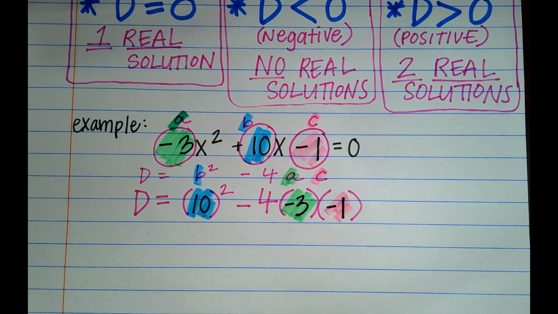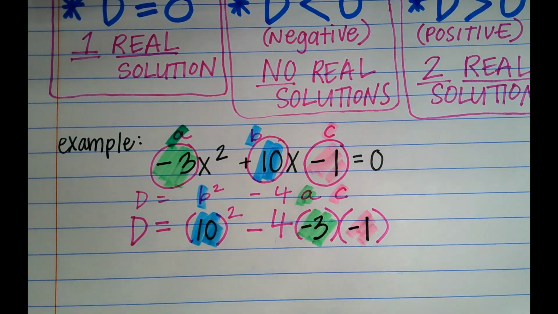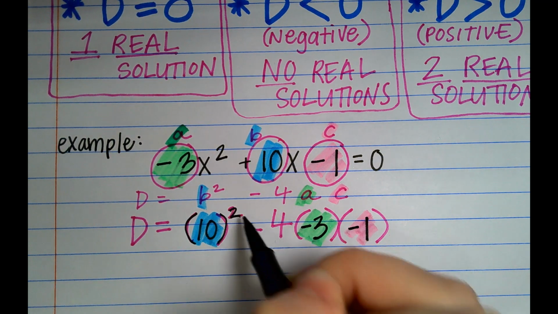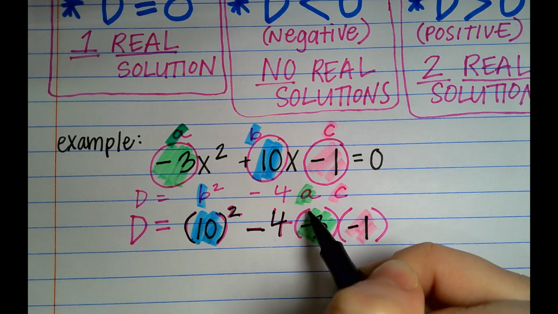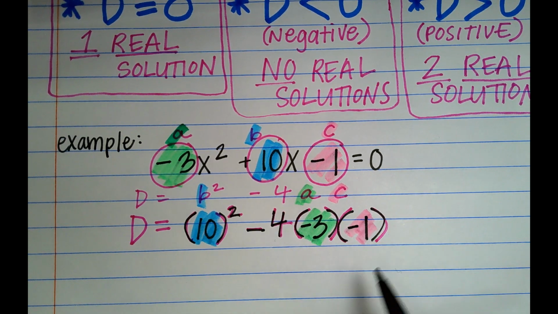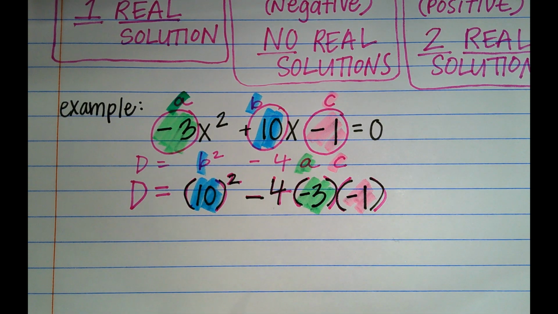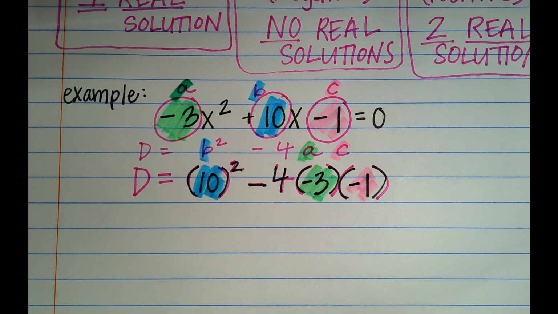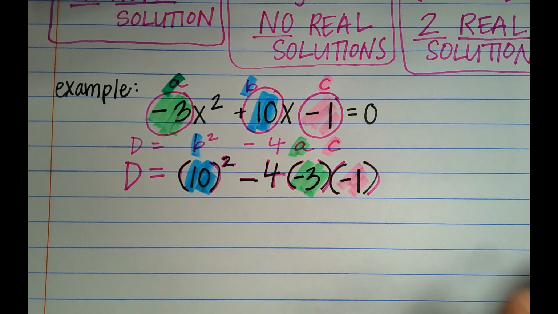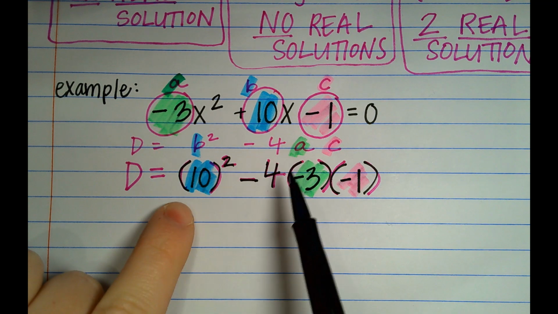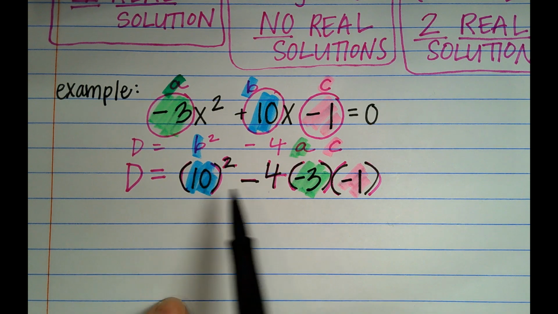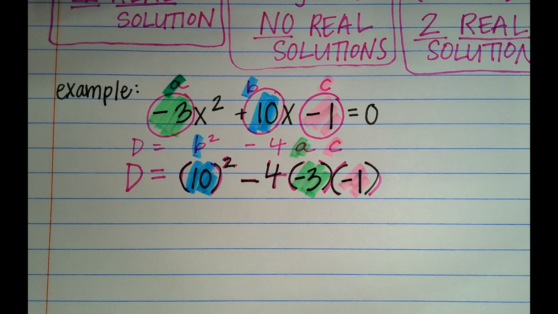Perfect. So I have 10 squared minus 4 times -3 times -1. Now, recall we talked also about the order of operations a little bit yesterday. According to the order of operations, which thing do I need to do first? My exponents, yes. So we have 10 to the second power, which means 10 squared, which also means 10 times